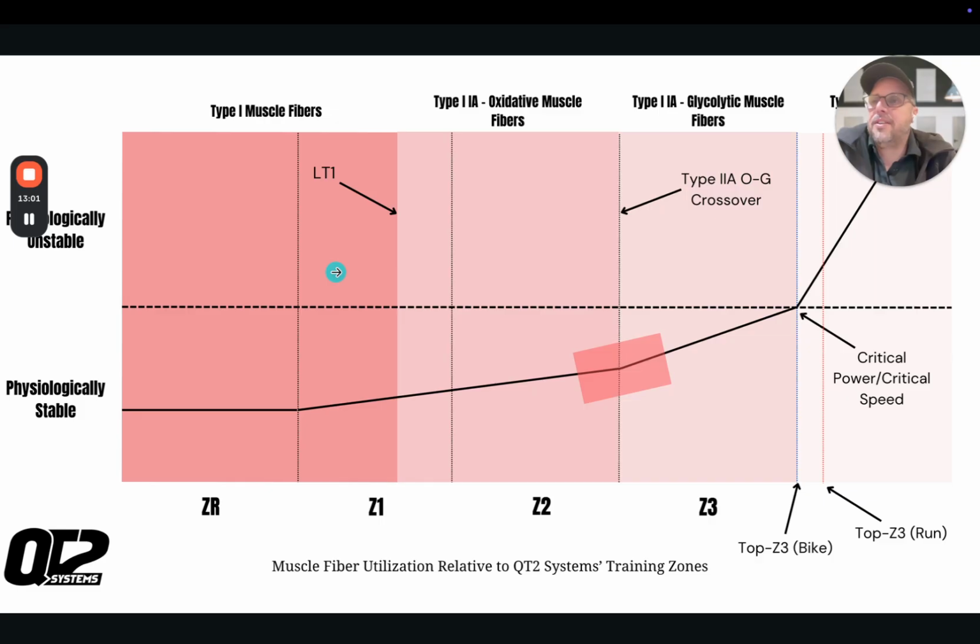We are primarily type 1 dominant recruitment and metabolic stress, significant type 2A oxidative involvement, trained for longer fatigue resistance, a little bit of type 2A glycolytic, and we try to avoid the type 2X fibers unless we have the duration miscalibrated or we have surges